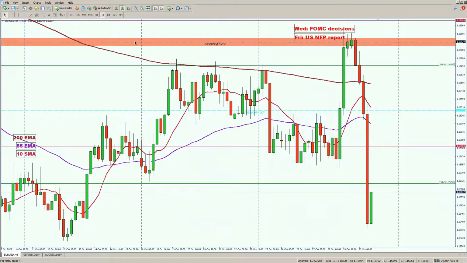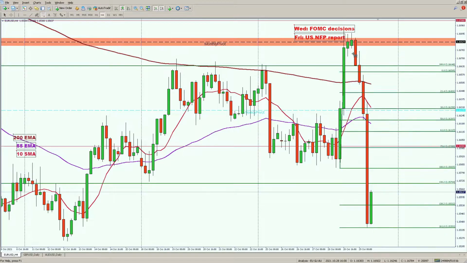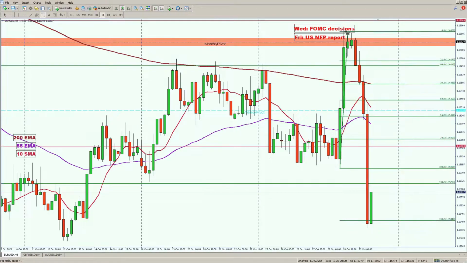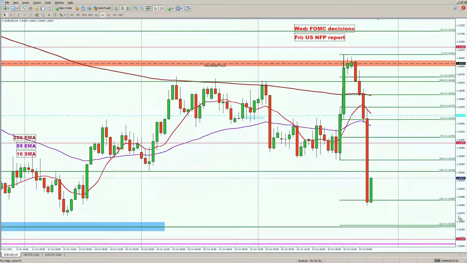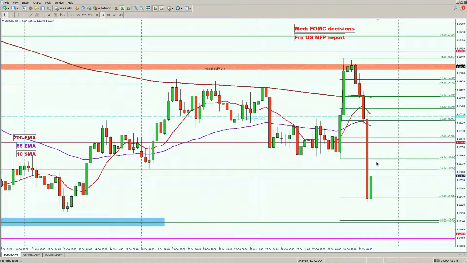All right, let's go back to this euro here. And this reversal, if we just take a reversal pattern here, you can see that it reversed back to the 138 fib extension, and the 162 was not hit yet. It could very well do that early this week after some pullback, probably to retest this swing low, and